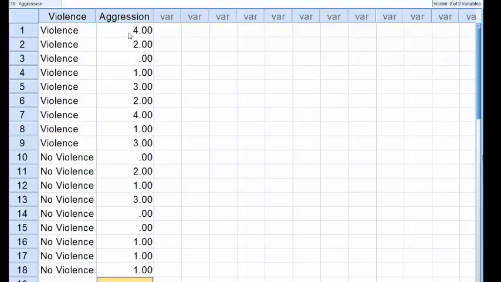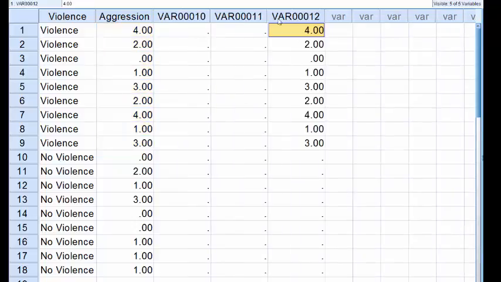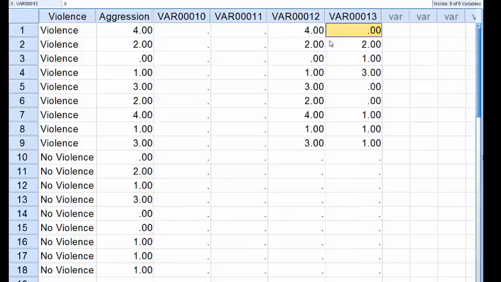Now I will form 2 groups. We'll take the first group and we'll split. We'll copy and put the first group somewhere in here. This is the group with violence, and then we'll copy the no violence group, all the data, and put it next to it.